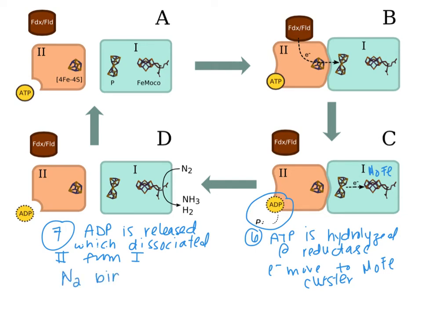So N2 binds to the molybdenum iron cluster and is reduced to NH3. And then this goes around until all 8 electrons have landed on